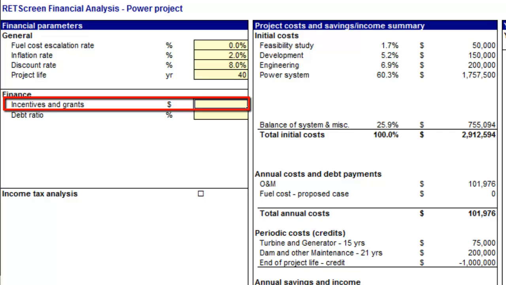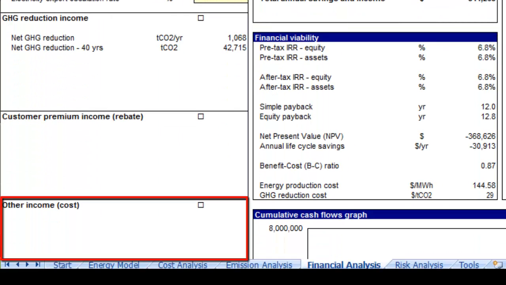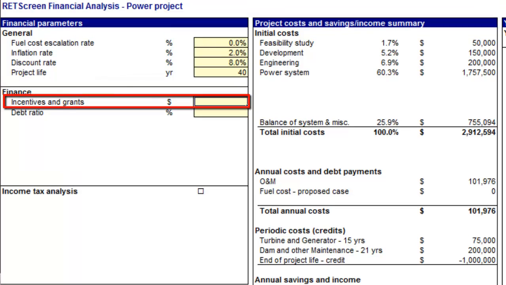If an incentive is paid over a number of years, it can be entered in the other income section. The incentives and grants are transferred to the project costs and savings and income summary section. We have no reason to believe that there are any incentives available for this project and will thus enter 0